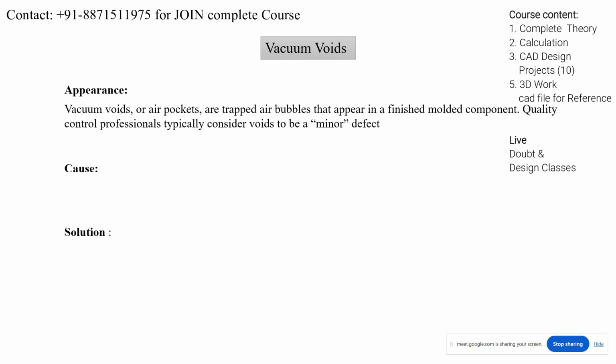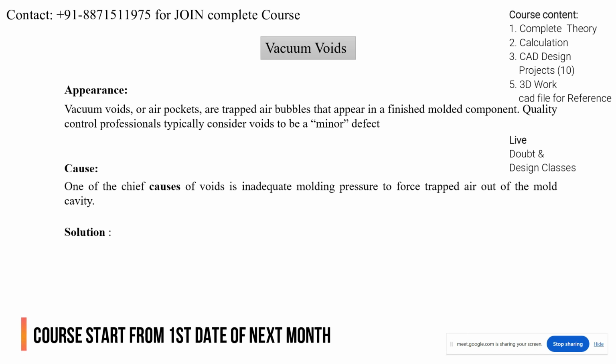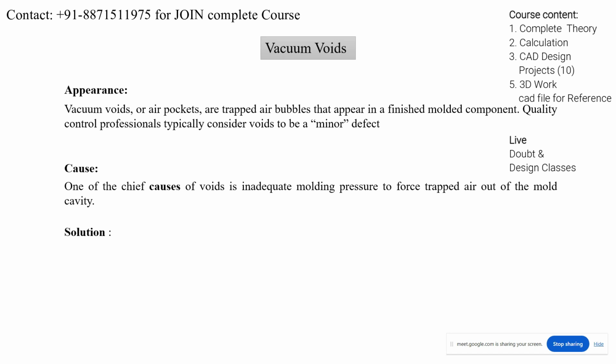What is the reason for that? Vacuum voids or air pockets are trapped air bubbles that appear in the finished molded product. Quality control professionals typically consider voids to be a minor defect, right? Why minor? Because it is related to the color. If you have a transparent component, it will show. But if you have a colored product, it will not appear there, right or wrong? That's why. Right? What is the cause? One of the chief causes of voids is inadequate molding pressure to force trapped air out of the mold cavity. Solution: